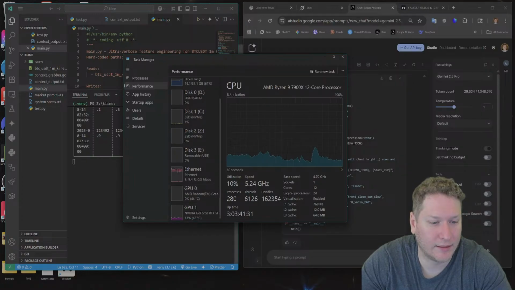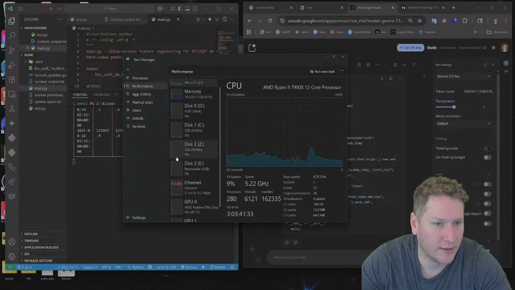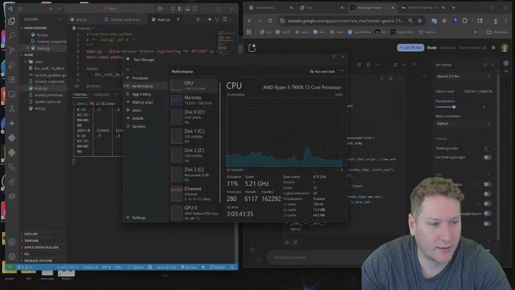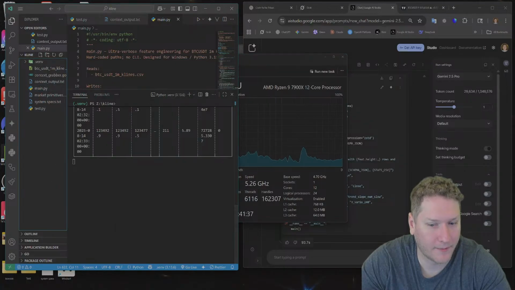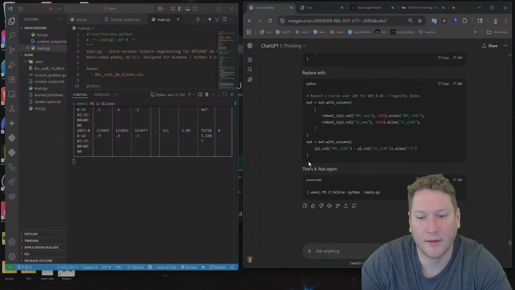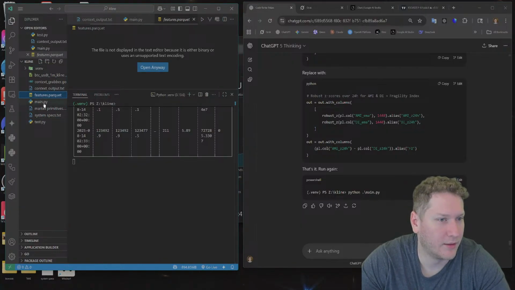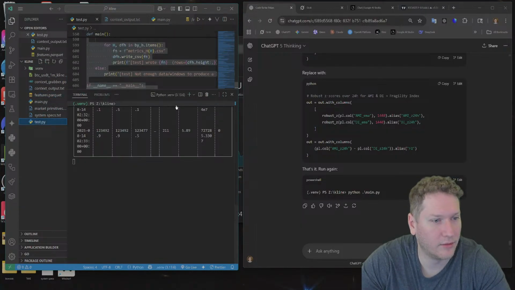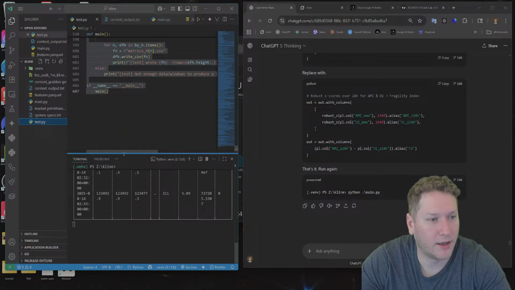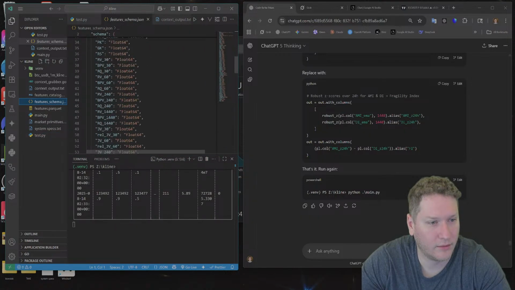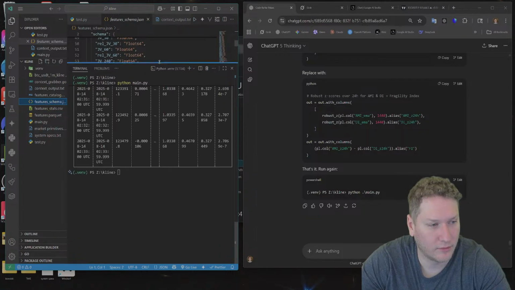And seems to be working. Okay, promising. Looking good. All right. Got our first Parquet file. All right, we're making the indicators. Yay.